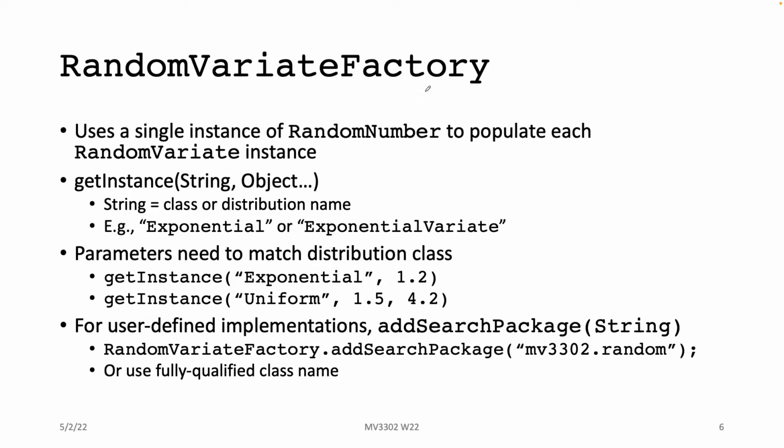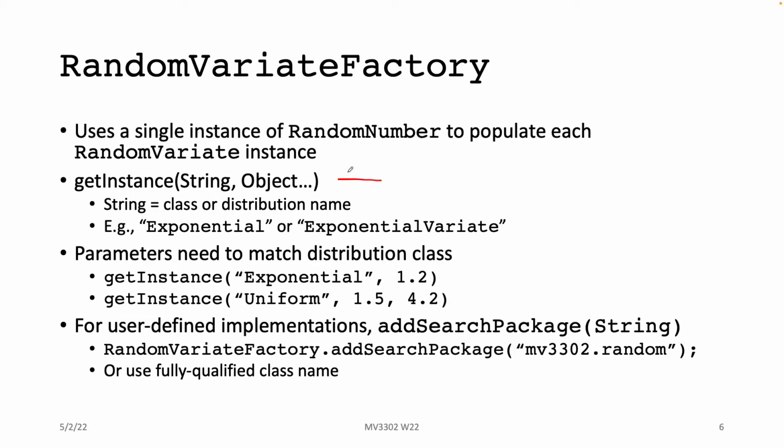If I want to get something from the factory, I place an order. So when we have used the getInstance method in the random variate factory, a static method, it goes through and tries to figure out what it is that they're asking for. So I give it the name,